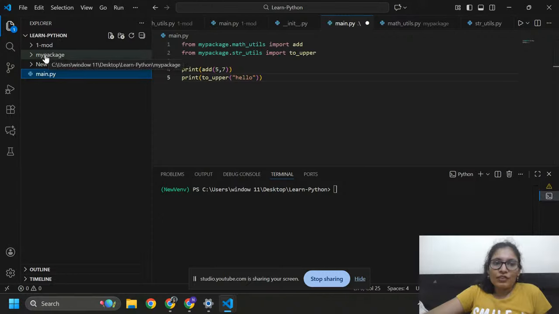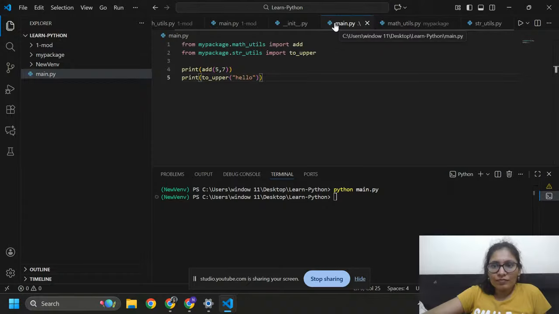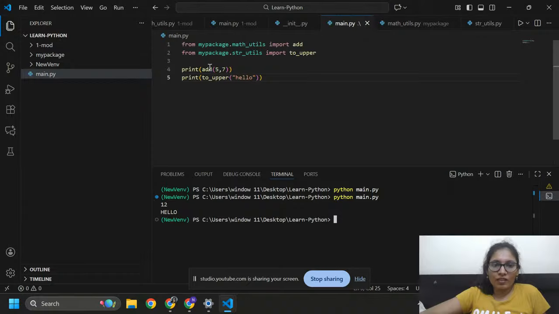If it has an init file, then it will work as a package. Now I am going to run. You can see the folder location. I am in learn_python, and I also have main.py in this folder. So I need to write this command. I need to save this. Okay, you can see here I got the addition of 5 and 7, 12, and